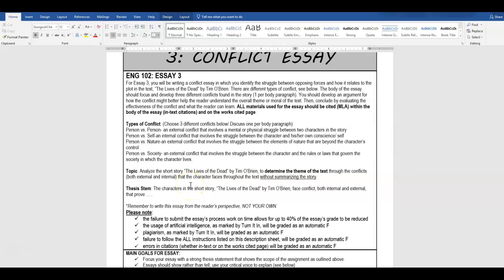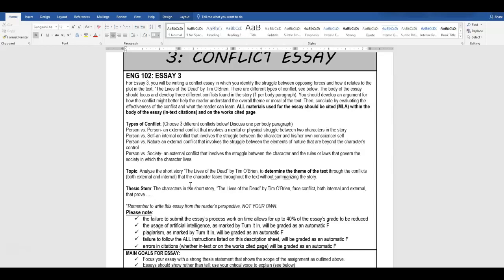There are 4 different kinds of conflict, so obviously you will not use one of these. The first type is person versus person. This is the easiest one to understand and acknowledge. Person versus person is an external conflict that involves a mental or physical struggle between 2 characters in the story. So they have to be people